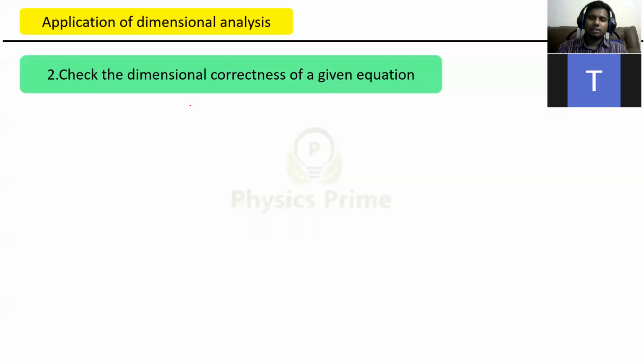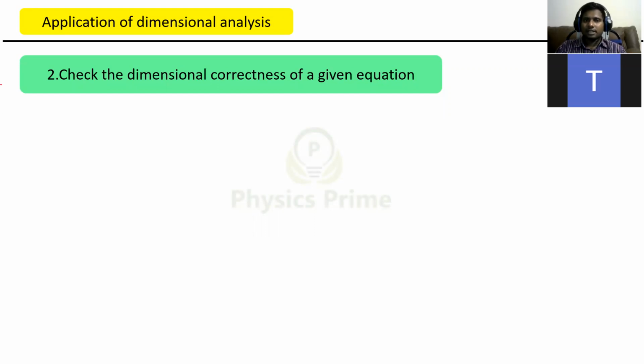As a continuation to our previous class on units and dimensions, we have seen what dimensional analysis is. We have done how to derive the dimensional formula for a given physical formula or physical quantity as well. And now we have seen the applications of dimensional analysis. What did we see in the previous class? How to convert units, how to write units and how to convert units as well.